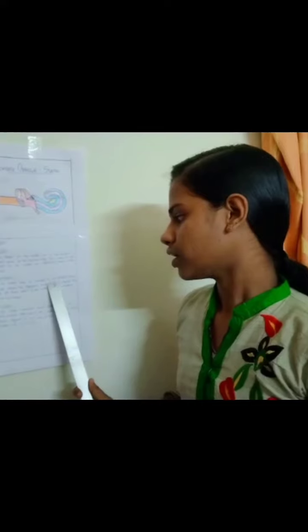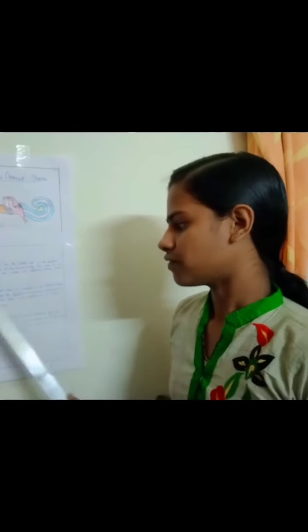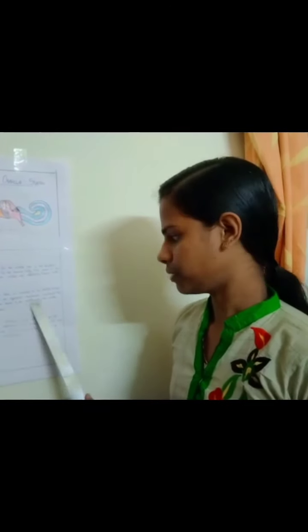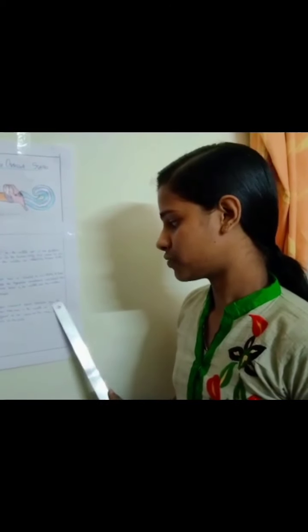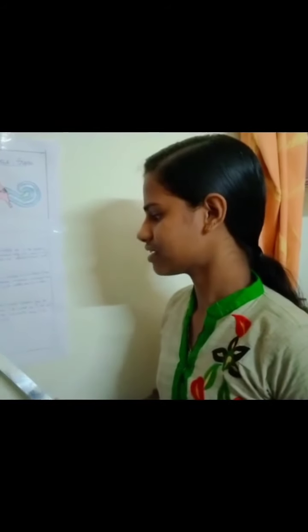Importance. The stapes bone is essential to our ability to hear sounds. Sound vibrates the tympanic membrane and travels through all three bones of the middle ear: malleus, incus, and stapes. Its function is to transmit sound vibrations from the incus, another little bone in the middle ear, to the oval window of the inner ear. The stapes is the smallest bone in the body.